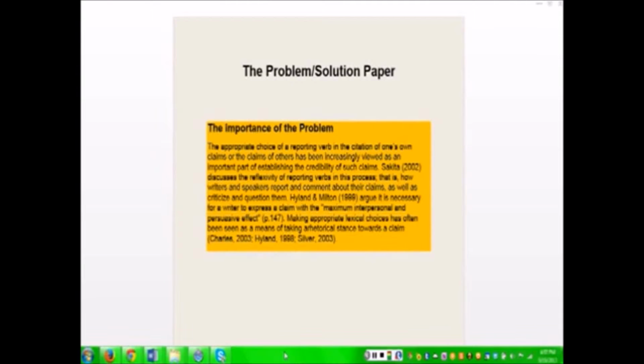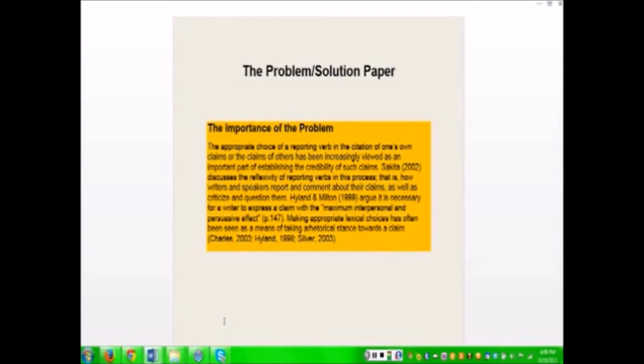So we're going to discuss certain aspects of the problem solution paper. We're going to look at a formal publication, but the ideas that we discuss here are applicable in any of these kinds of papers, whether you're writing an argument paper, a dissertation proposal, or a research paper, or any other form of academic writing. So this is a paper that I actually wrote about reporting verbs. And if you look at the first sentence, the appropriate choice of a reporting verb in a citation of one's own claims or the claims of others has been increasingly viewed as an important part of establishing the credibility of